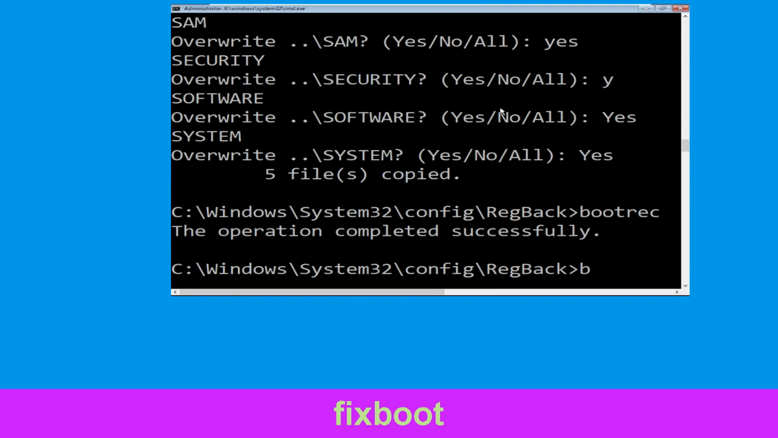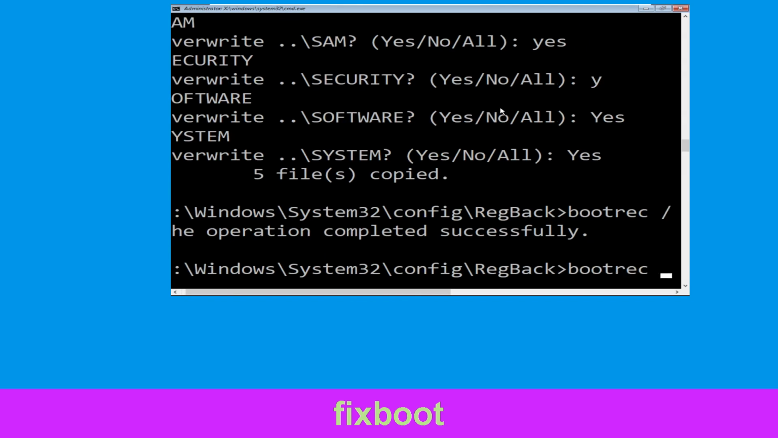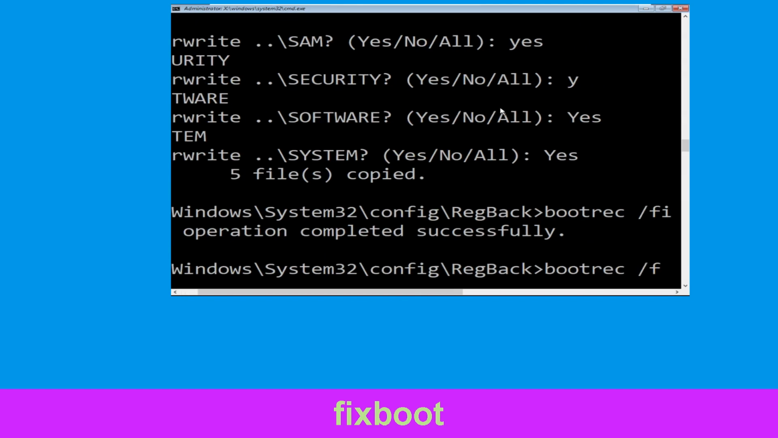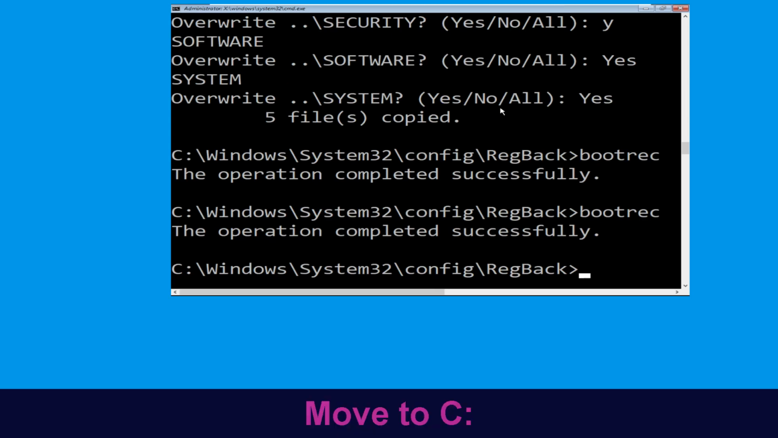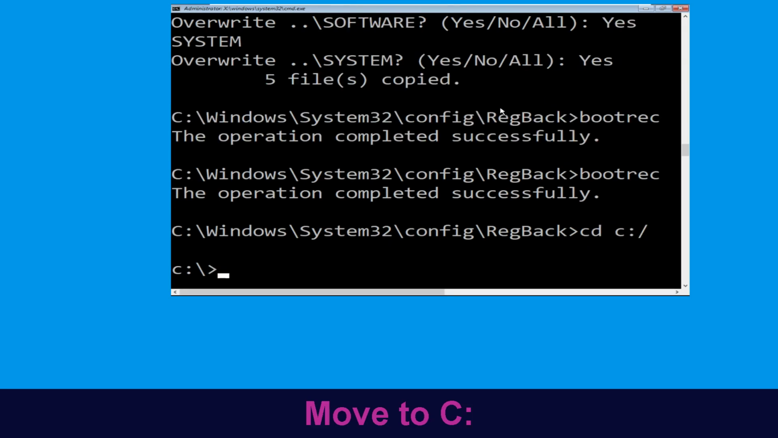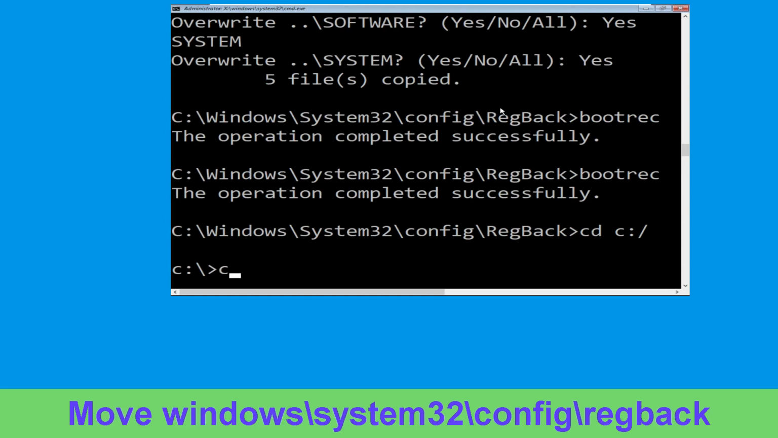Now type in bootrec space /fixboot and simply hit enter to execute the command. Now type in cd space c:/ and simply hit enter to execute the command. Now execute this command. Type cd space windows